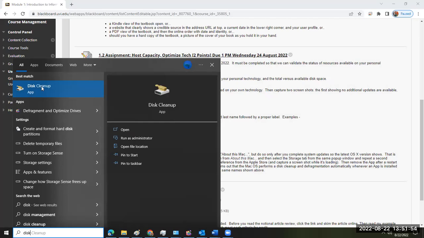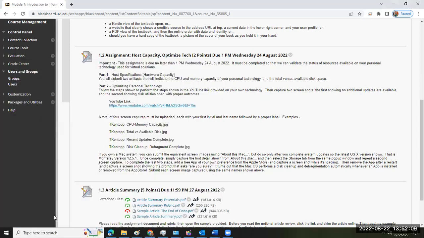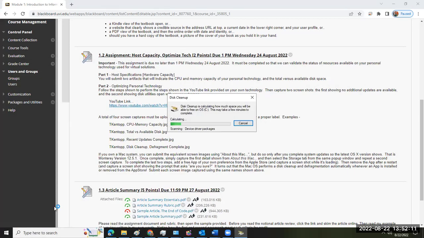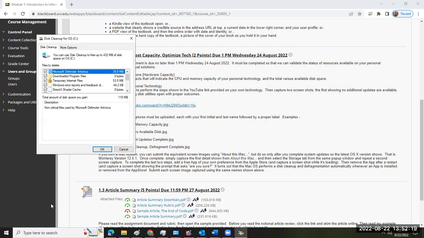Right click. Do not left click on disk cleanup. Instead, use the right mouse button to right click on disk cleanup and run as administrator. You will find that some utilities just don't work as well unless you run them as admin. And even though you're working with an administrative login, the other thing you're going to find is that a lot